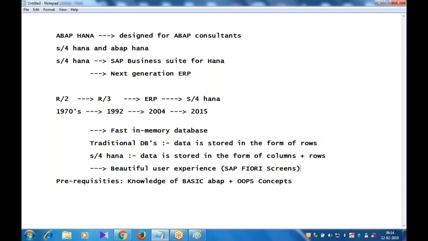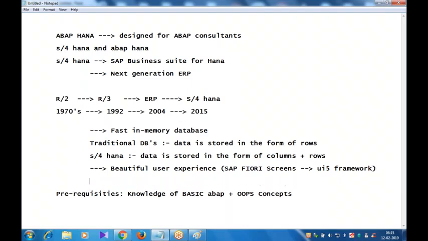These Fiori screens are developed using what? The UI5 framework. We have a framework called the UI5 framework, and by using that framework these SAP Fiori screens are designed. The advantage of these SAP Fiori screens is that they are device compatible, which means we can run them on